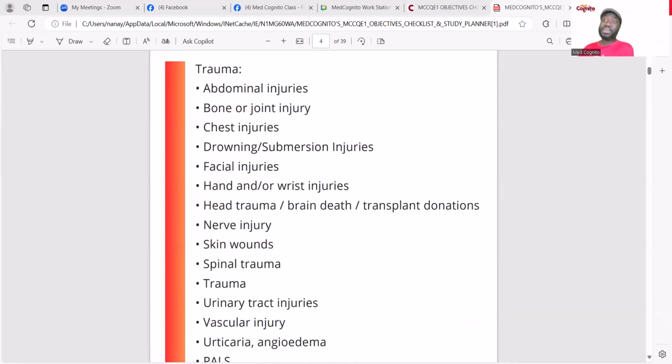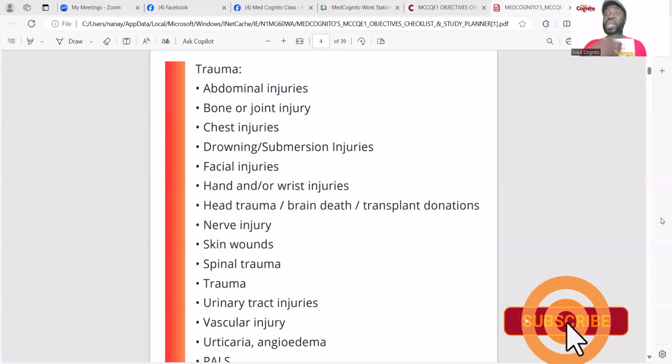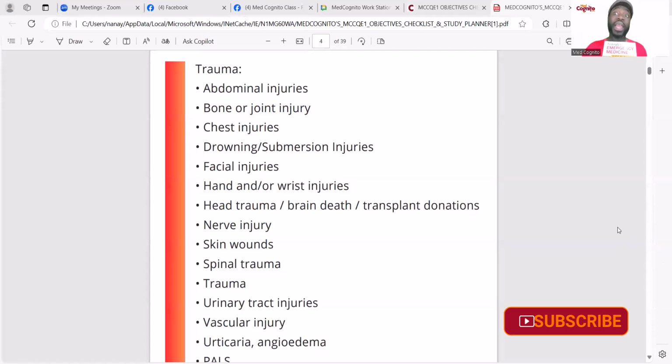The recommended emergency medicine textbook you need to use is Tintinalli. One day I'm going to conduct a webinar where we will talk about the approved textbooks. Many people have not even heard about this book. This is the book that those who do family medicine in Canada and go on to do a PGY3 in emergency medicine use. It's the recommended textbook if you are learning emergency medicine for the MCCQE1.